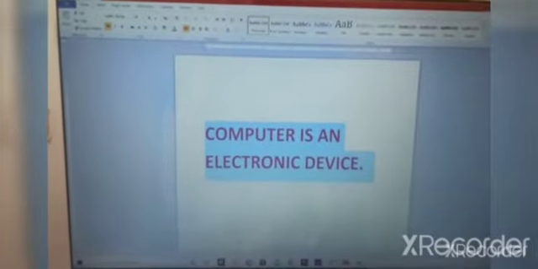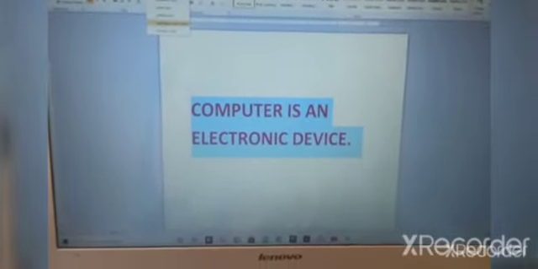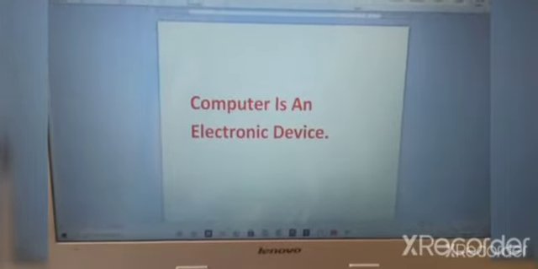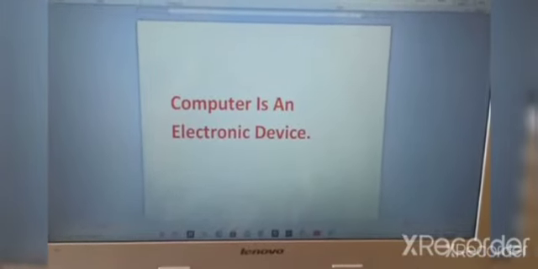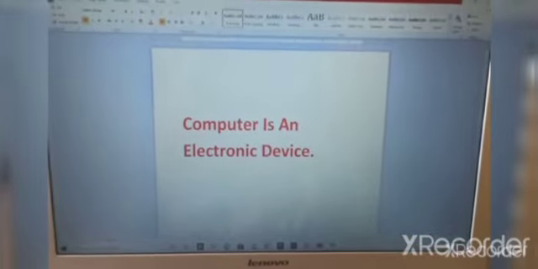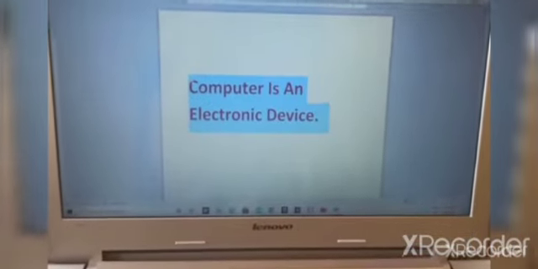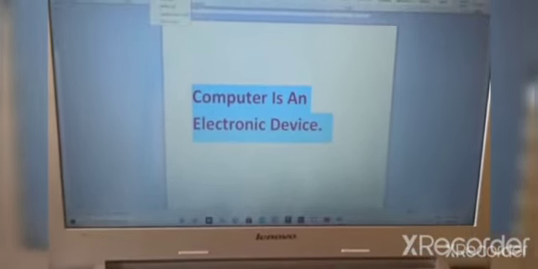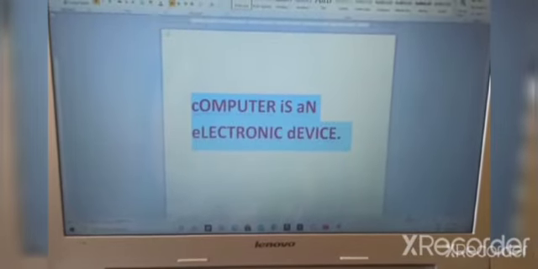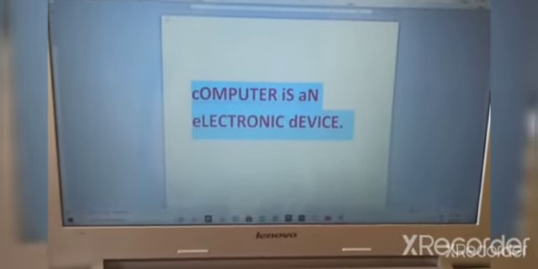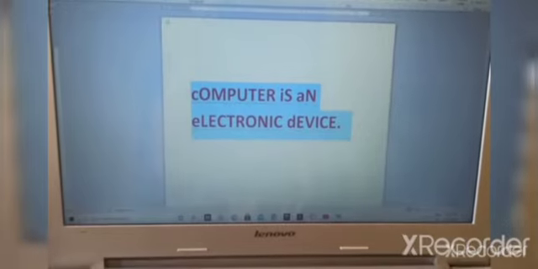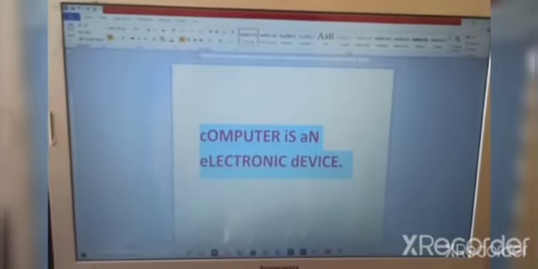So let me choose another case, that is capitalize each word. In this, only the first letter of each word will be capital and the other letters will be smaller. So the next option, select the text and use the toggle case, where capital letters will become smaller and the smaller letters will change to capital. So these are the options which we can use under the change case in MS Word.